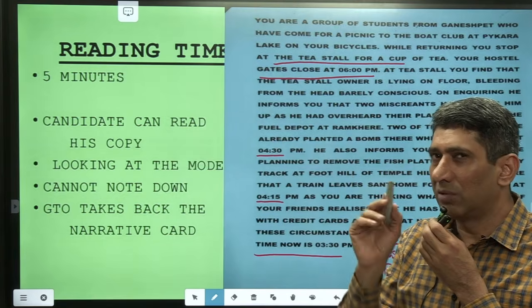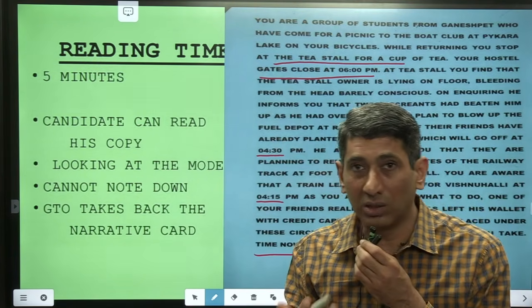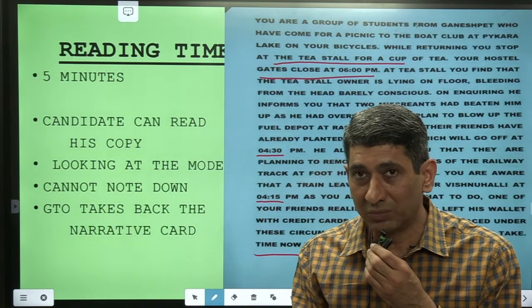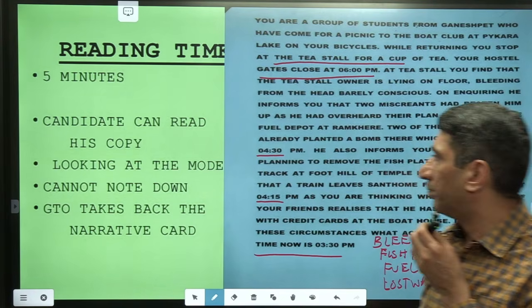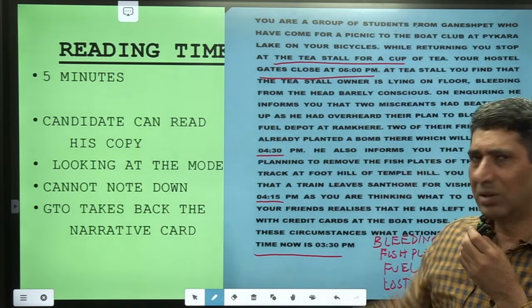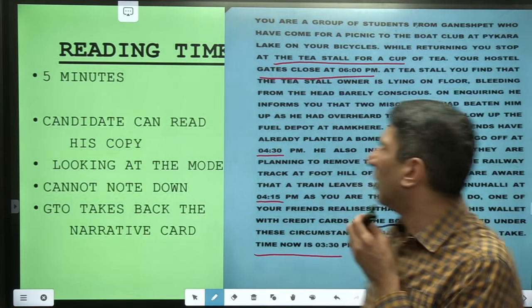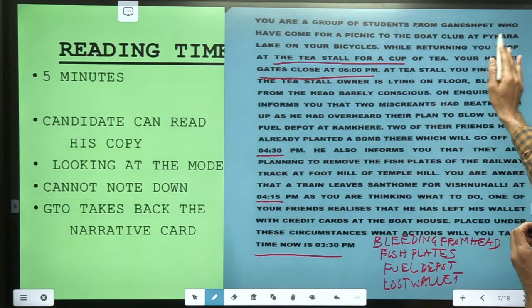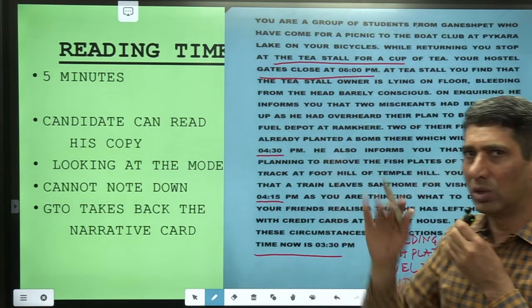each candidate will be given his own copy to read. He can look at the model. Please look at the model and correlate the time, correlate the distance, and try to absorb all the features. Okay, and then after 5 minutes, the GTO will take back the story sheet. Now in this case, you are a group, as I told you previously, a group of students from some place going for a picnic to the boat club on your bicycle. So you know that this